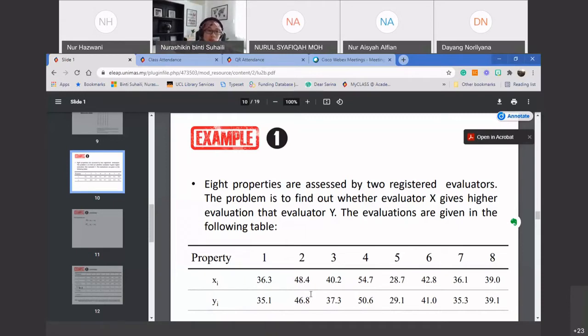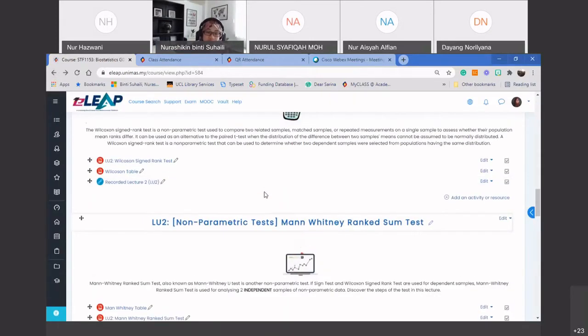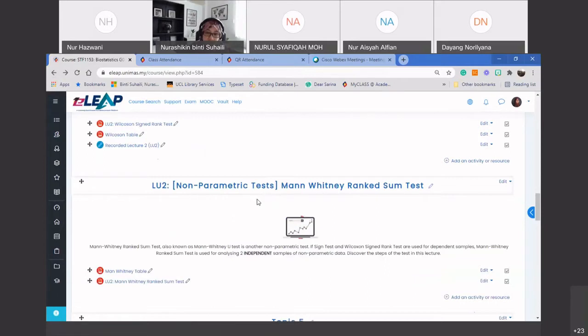Okay, back to that one, that is the Wilcoxon signed rank test. Okay, back to today's lecture. What is our focus today? We move to the third test, which is called the Mann-Whitney rank sum test. Okay, so this is a bit different because the type of data that we are going to deal with is different from the previous two. Okay,